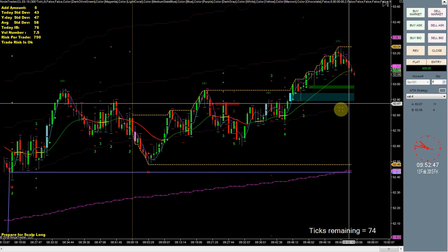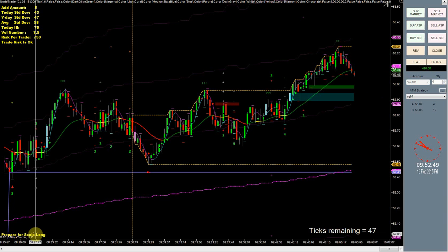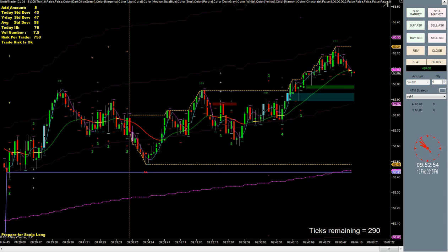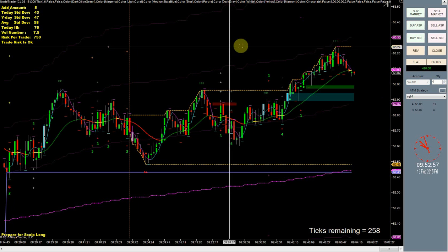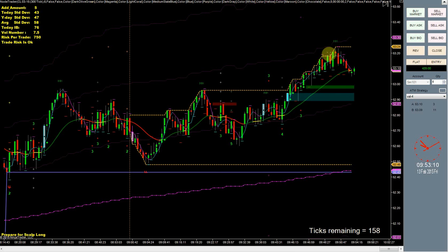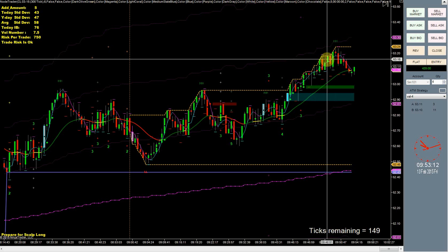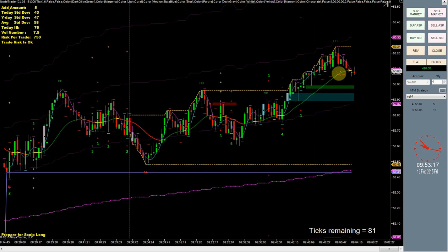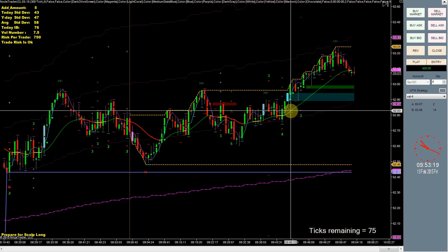We have another opportunity for a scalp long coming up, it is saying. So we'll just be patient and see what it gives us here. But it would seem being patient, or leaving that last one as a runner, does work when the market is going to go in your direction. And obviously it's a good idea